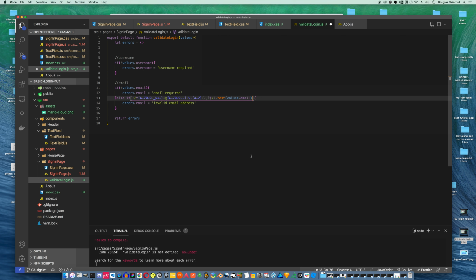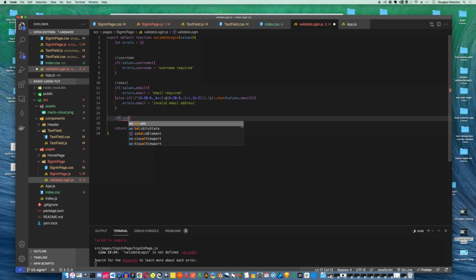This regex string is basically saying make sure there's some characters, and then make sure there's an @ sign, and then make sure there's some more characters, and then make sure there's a dot thing. And then we just say, take this whole regex string and test values.email to make sure that it's legit. And that's really all we need to do. We'll do a similar thing for password. We'll say if not values.password, then